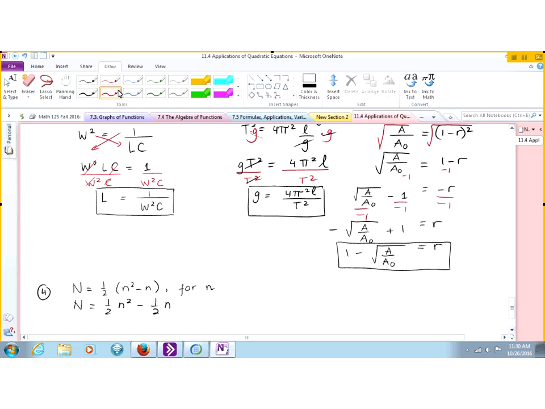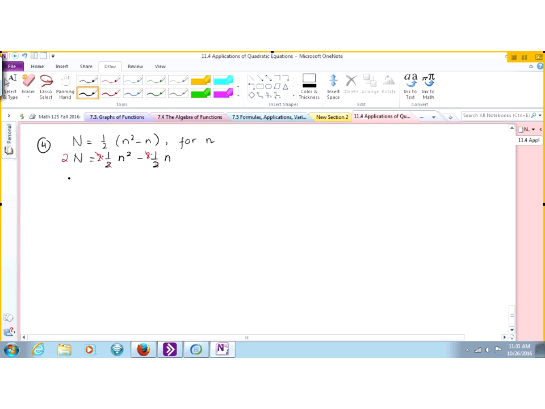So what do you do here? So we multiply by 2, yes. So multiply by 2. All right, so these cancel. So 2n, well, I have to continue down here. So 2n is equal to n squared minus n. Now, do I have both n squared and n? So here we have both n squared and n.